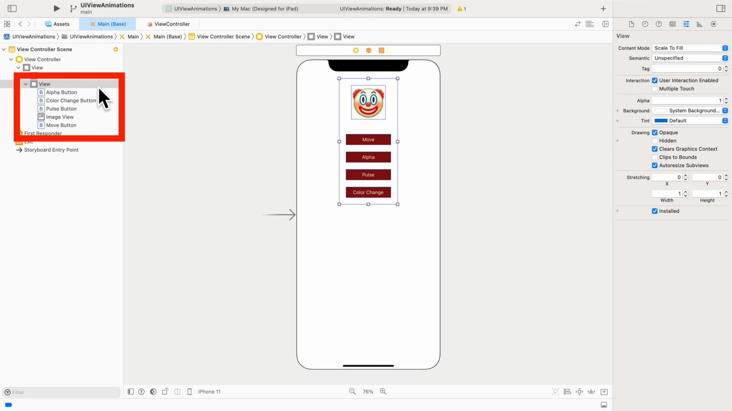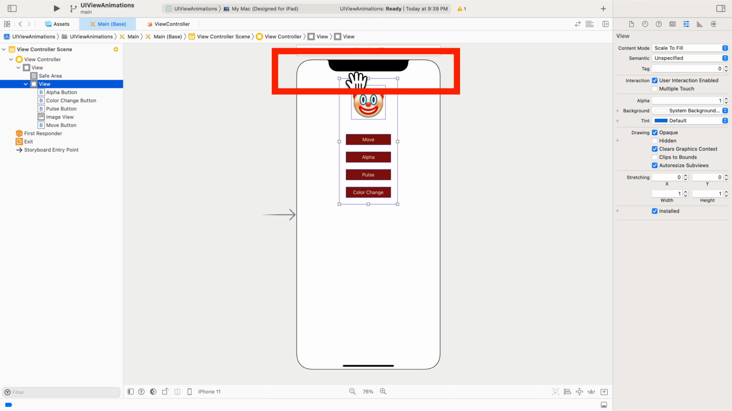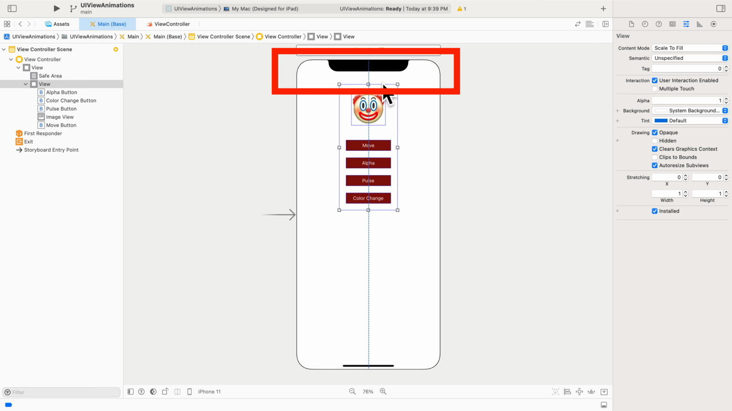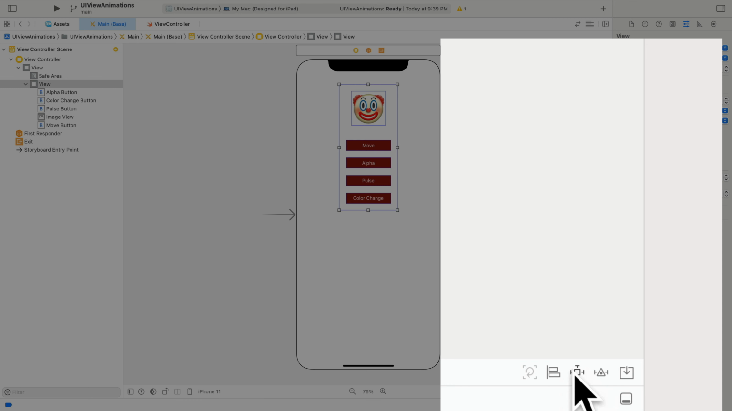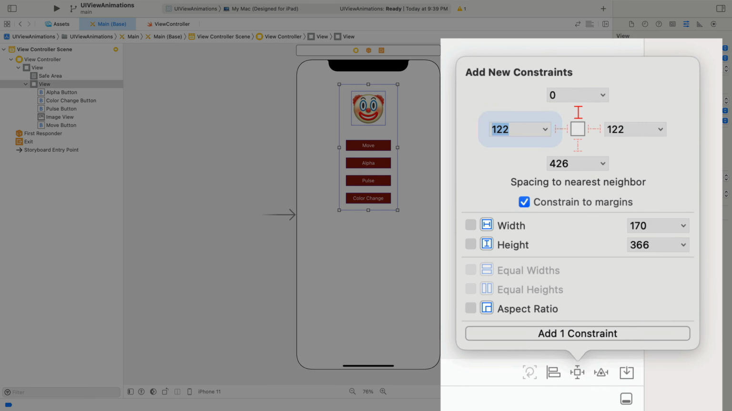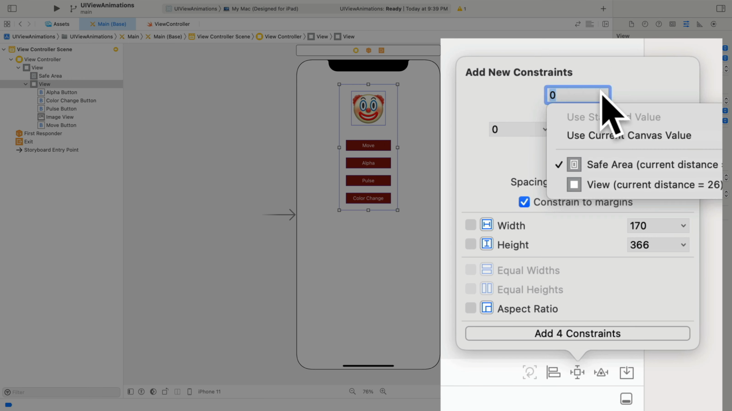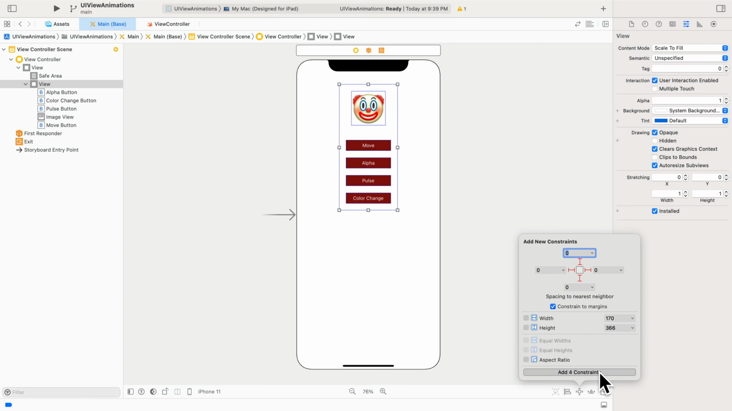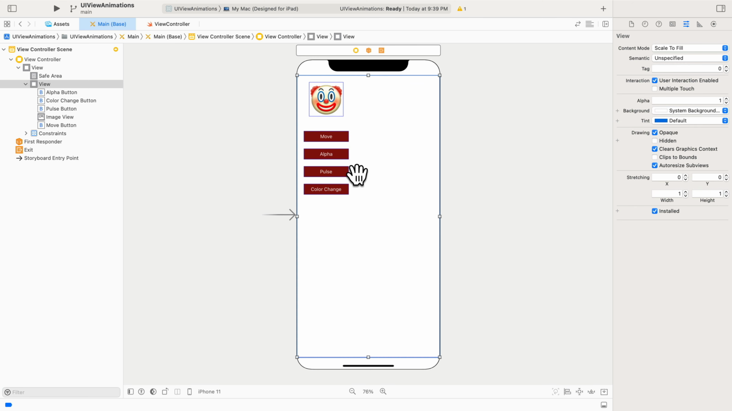So I'm going to click and select the view and make sure it's the view that's selected and not any of the items inside of it. And I'm going to pull it down just a little bit to make sure that I'm not overlapping with the safe area. This will allow me to constrain to the safe area. Then I can go down and add 4 constraints, and I'll do 0, 0, 0, and 0 for top, left, bottom, and right. Click on the arrow next to the top. I can see, yep, I'm definitely constraining to the safe area. That's what I want. Click add 4 constraints,